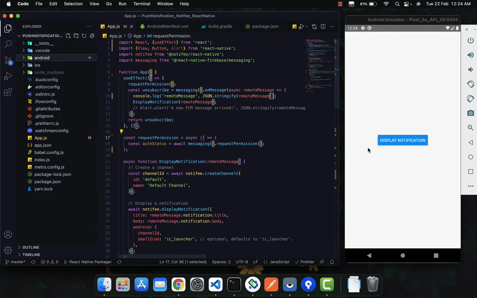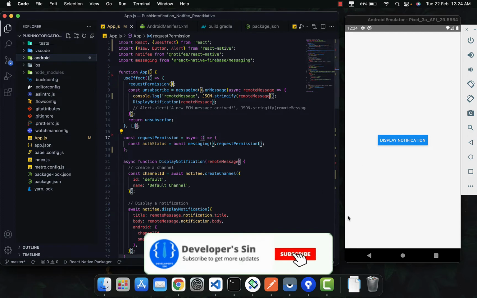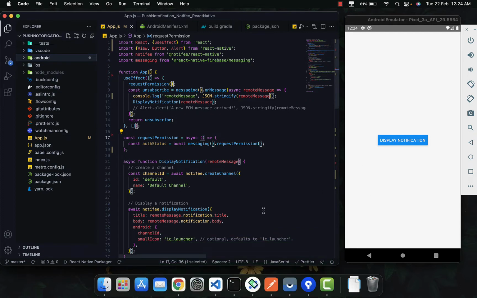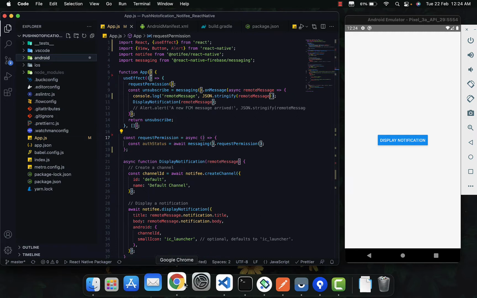First, you need to get a token. You need to get a valid FCM token to send the push notification. In order to send the notification to a specific device, each device, when they install your application, will have a unique FCM token. Based on the token, we are going to send the notification. So what you need to do to get the token,